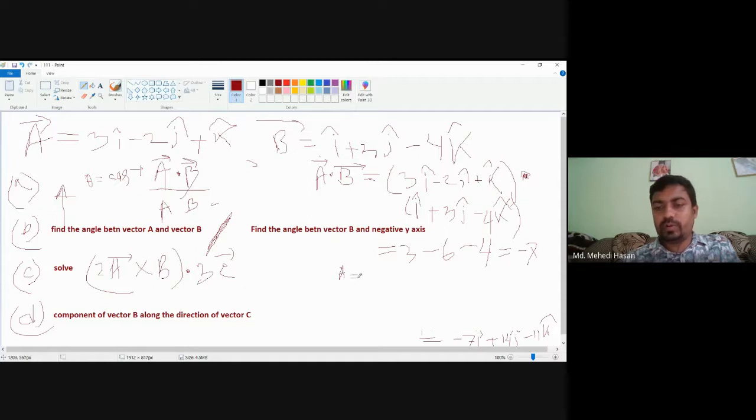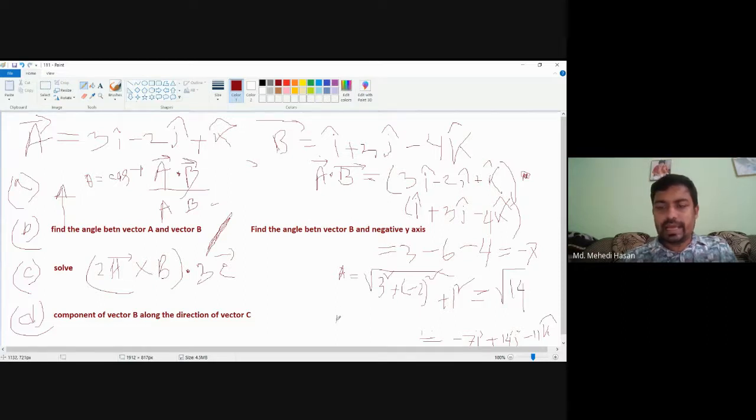is equal to root over 3 square plus minus 2 square plus 1 square. সো এখানে আরেকটা বিষয় হলো, দেখো আমি কিন্তু মাইনাসটা ব্র্যাকেটের ভিতরে দিছি, কারণ -2 ইজ দ্য ওয়াই কম্পোনেন্ট অফ ভেক্টর A। মাইনাসটা বাহিরে দিলে কিন্তু তোমার একটা ভুল হয়ে যাবে, ওকে। সো এই বিষয়টা মাথায় রাখো, কারণ ফর্মুলা হলো এক্স স্কোয়ার প্লাস ওয়াই স্কোয়ার প্লাস জেড স্কোয়ার, অল আর প্লাস। সো এখানে মাইনাস কোনো কিছুই আসবে না, হয়তো বা কম্পোনেন্ট মাইনাস হতে পারে। সো ইট উইল বি ইকুয়াল টু root over